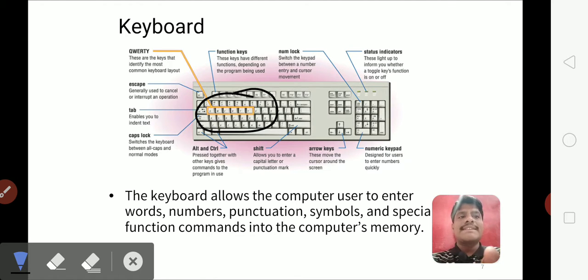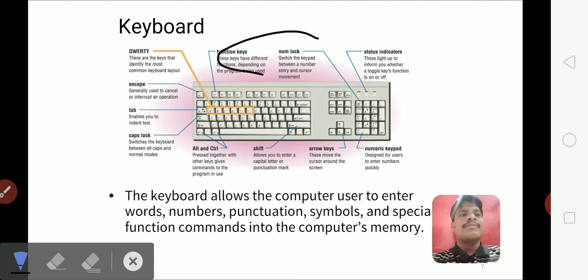We have your escape key, which is shown here. We have your tab key, followed by your caps lock key. We have the different functional keys, and we have your numerical keys.